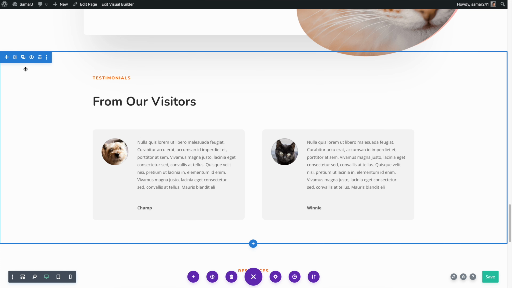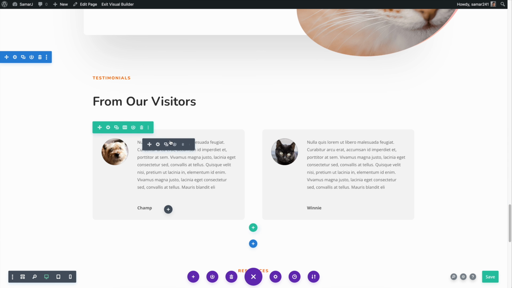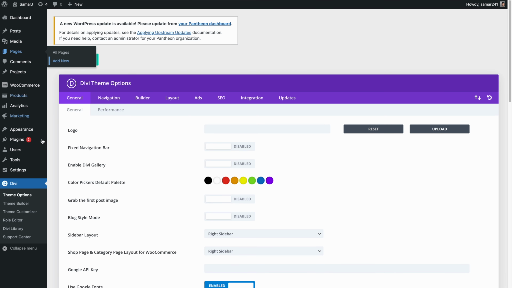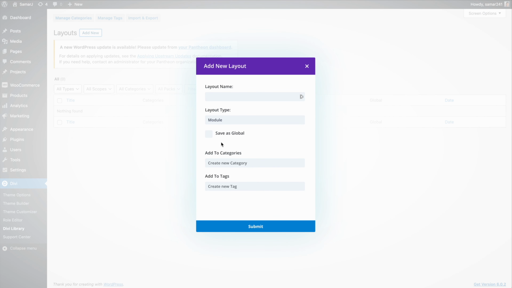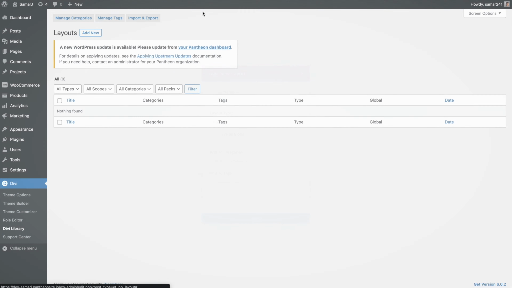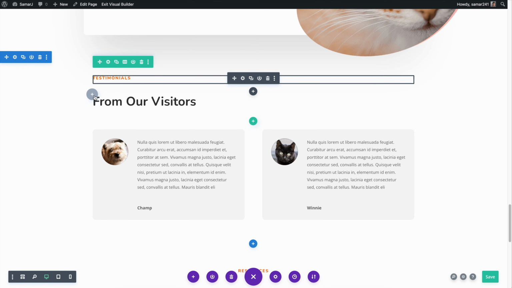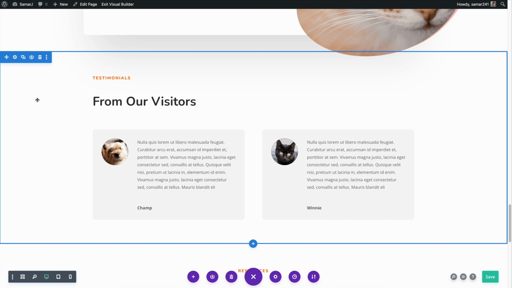So what you can do is go to your WordPress dashboard and then Divi library, and here you can click on add new, and then you can create a new global layout from here like this. You can create a layout, give it a name, and then save as global, and it will be created as global. But if you already have the layout designed and you want to save it as a global layout,